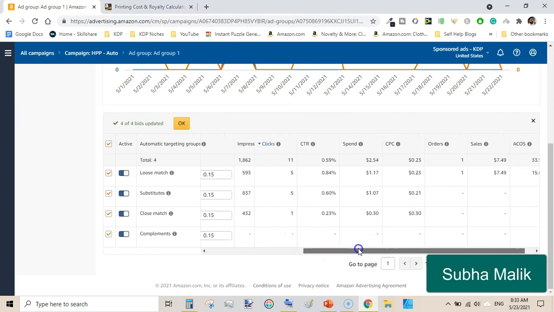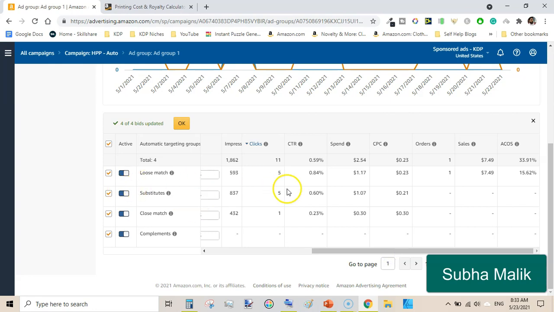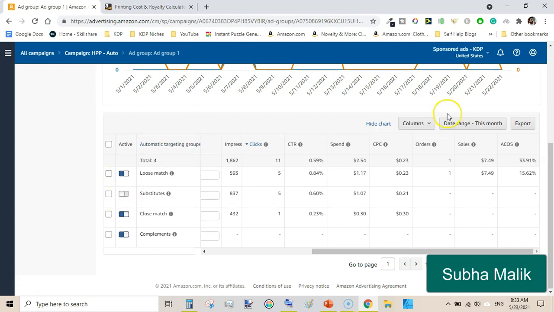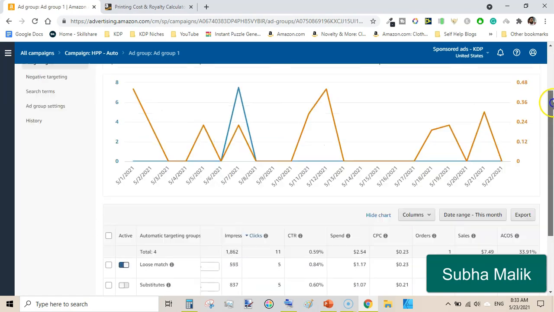Or the next thing is, you can see here which target is spending but not making you money. This one is not making me any sales and it has already spent $1, so I can simply turn this off. This is the second tip: you can wait until a target spends $1 and then turn off these targets. I have lowered my bid, and I have turned off this target because it is not making me money.